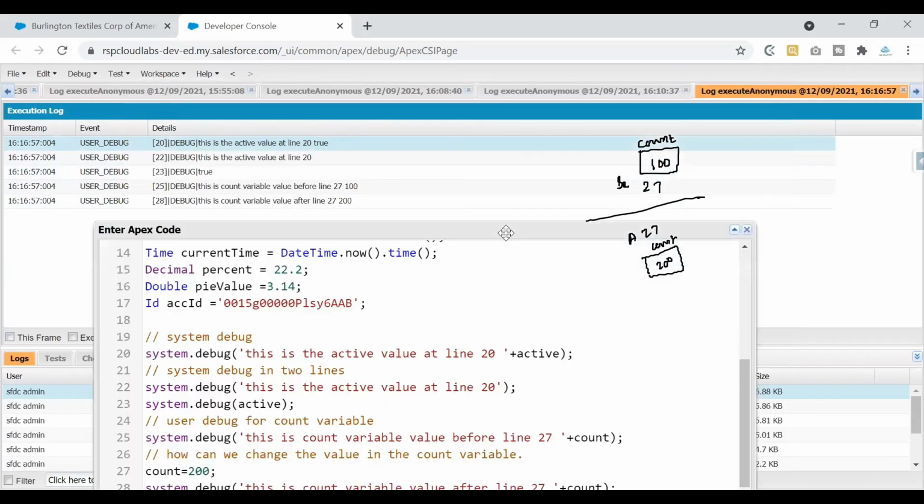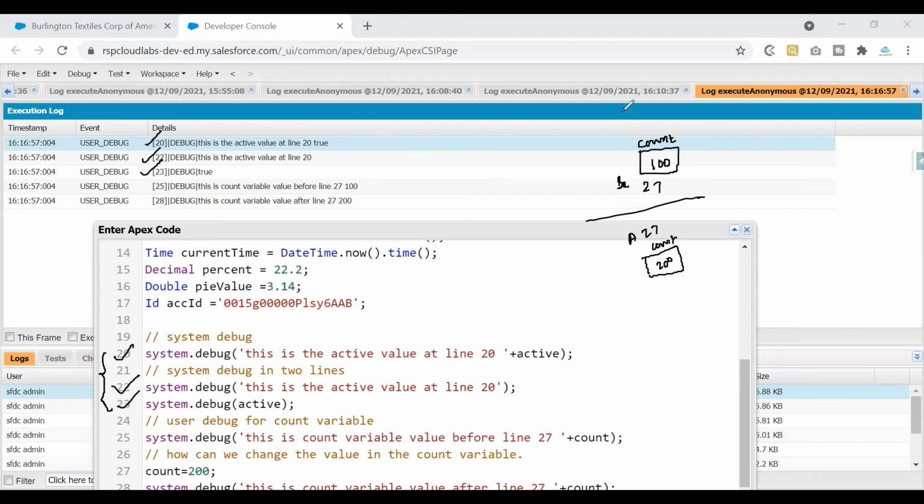So if you see, this is the code that I have. The first debug log came at line number 20. This says this is an active value. We are not interested in these two values. If you look at this debug 20, this is something that we have looked at already. So this is line number 20 and 22. This is not our point of interest. Same is the case with line number 23. This is also not a point of interest because we are not looking at these values.